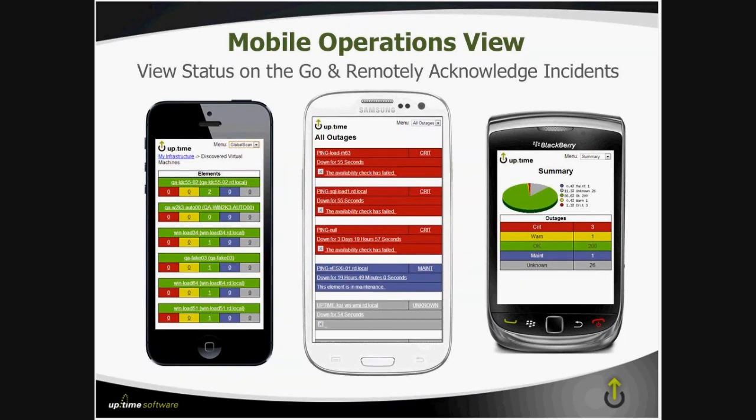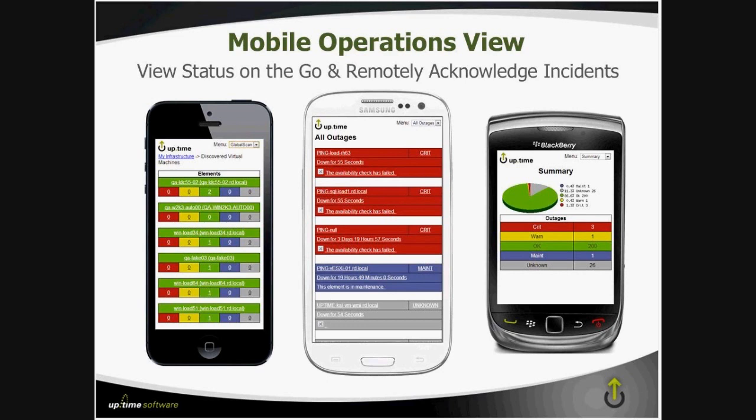This view will give you a list of the particular outages that are on your to-do list, allow you to see any changes in their status, drill down into the systems that are actually impacted, as well as acknowledge those outages from your mobile so that the other members of your team know that you have this problem covered. And the right-hand view is more of a manager's view, just a nice, simple, high-level chart showing